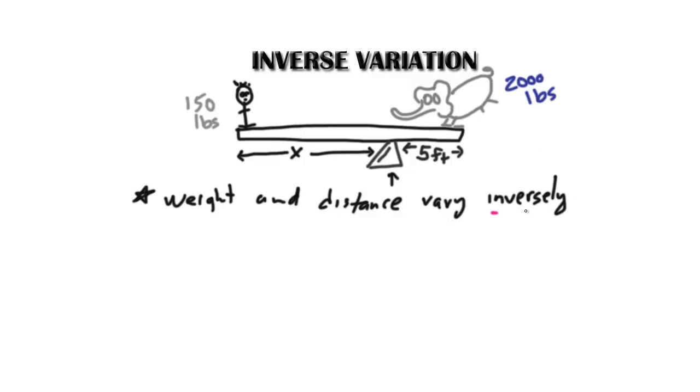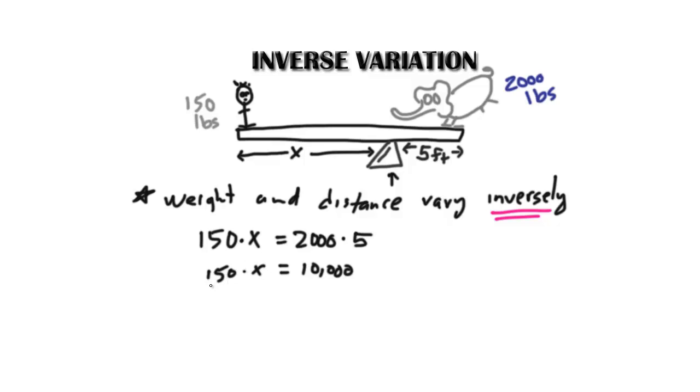Okay, so that's key there, right? So now we can set up an equation. Let's say my weight times x is equal to the weight of the elephant times the distance that the elephant is from the fulcrum, which is 5 feet. When we do this out, 2,000 times 5, we get 10,000, and over here we have 150 times